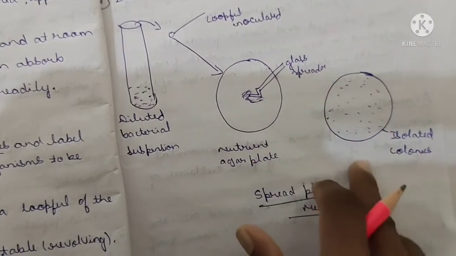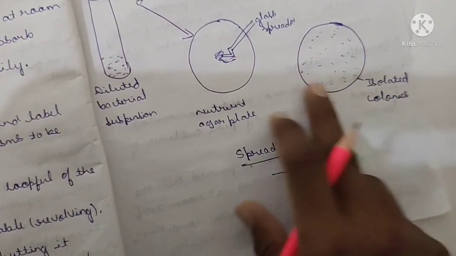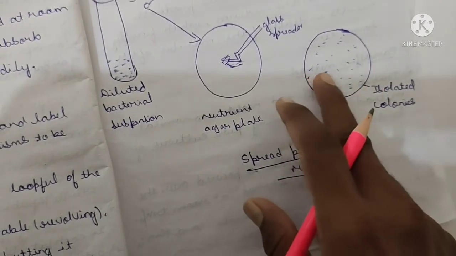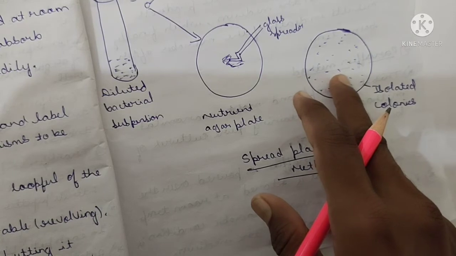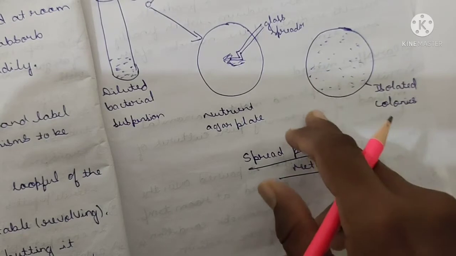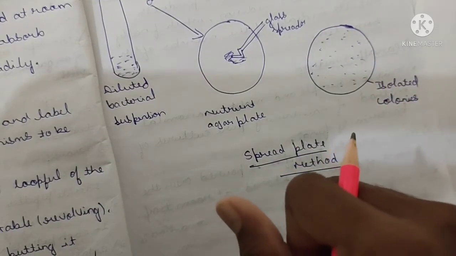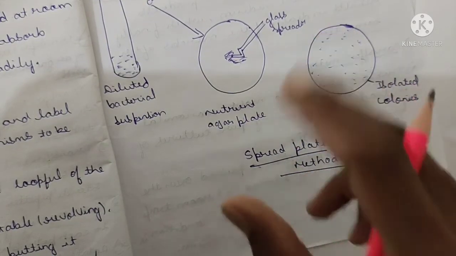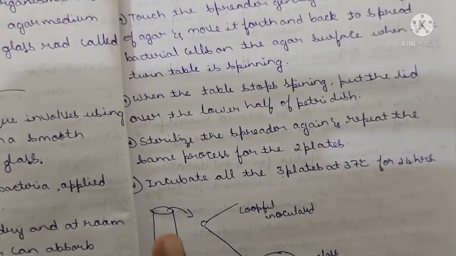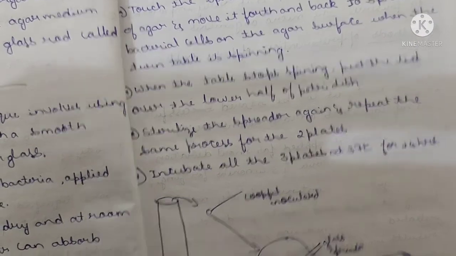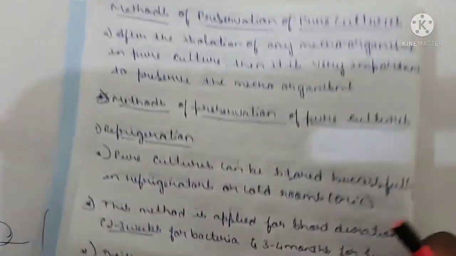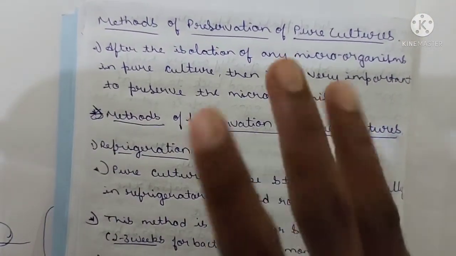This type of figure you can observe here. See, isolated colonies, separated colonies. While you observe under the microscope or any other type of microscopy, you can easily observe these minute isolated colonies on your Petri plates, agar plates. Yes, my dear brothers and sisters, these are the three important methods for pure culture. Got it? And these are very important, that's why I have explained only these three.